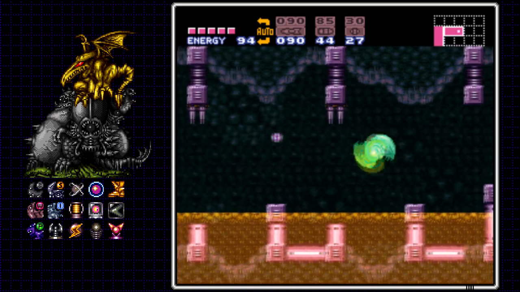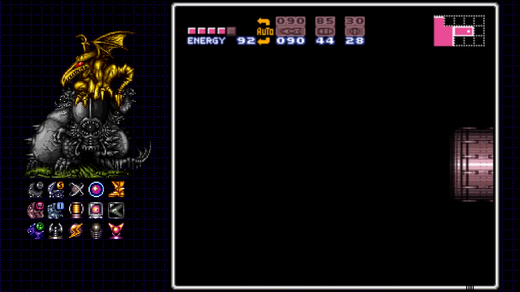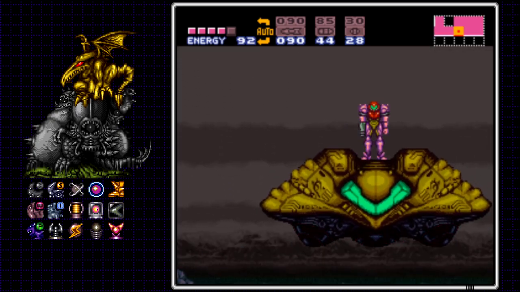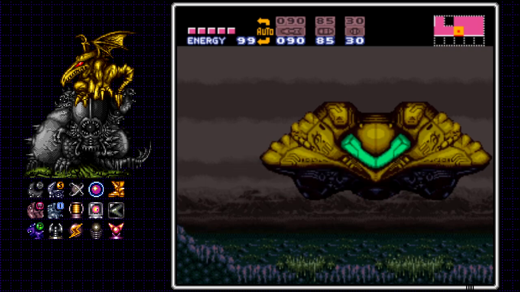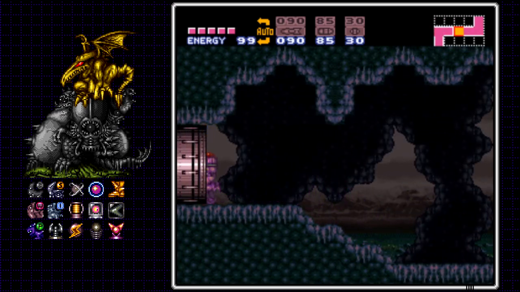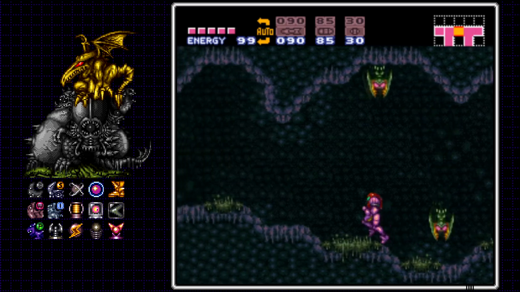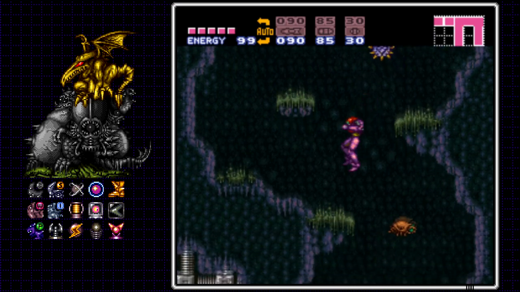Let's make our way down to that wave beam room, eh? That's down in Pink Brinstar near Spore Spawn. What's the quickest way there? Let's hit up the ship first, so I can refill my 615 super missiles. I think going down through Old Tourian is my fastest bet. Yeah, because going down through the easternmost entrance from Crateria puts me... I have to backtrack too far to the west anyway. So yeah, we're going to do this. We're going to head on down